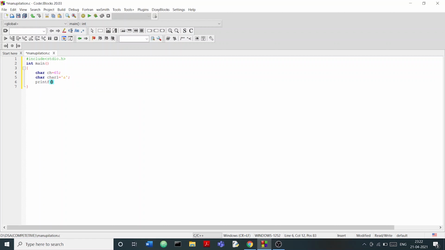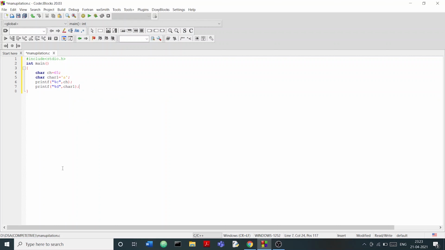Okay, so let's begin. I am writing printf with percent c, the character format specifier, and ch. After it I am going to write printf with double inverted commas, percent d, and char1.